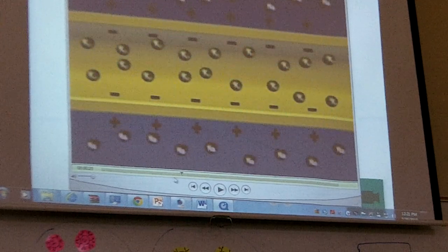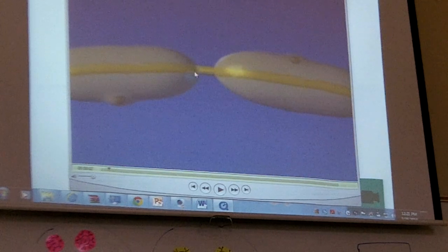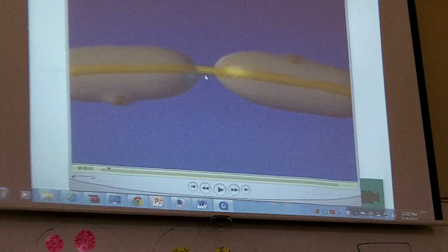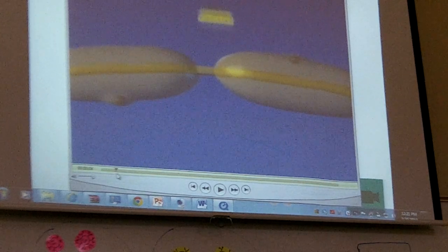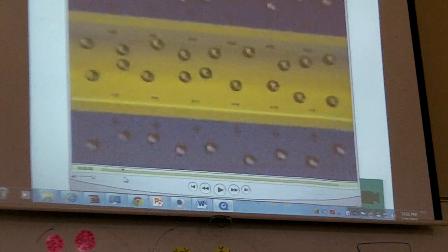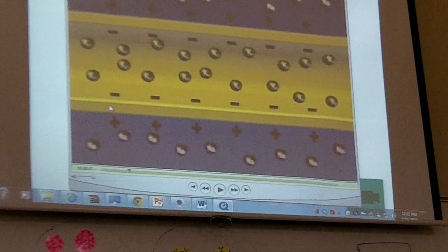Okay, so hold on. So here we go. So we're looking at one of these nodes of Ranvier, because this is the only place where it happens. It doesn't happen underneath the Schwann cells for some reason. I'm not sure why. But if you look at the node real close, if this signal's coming along, it causes